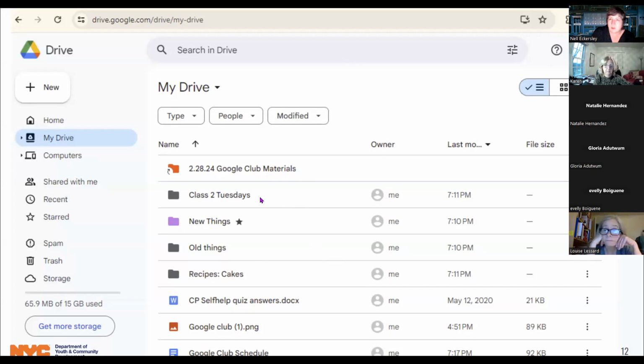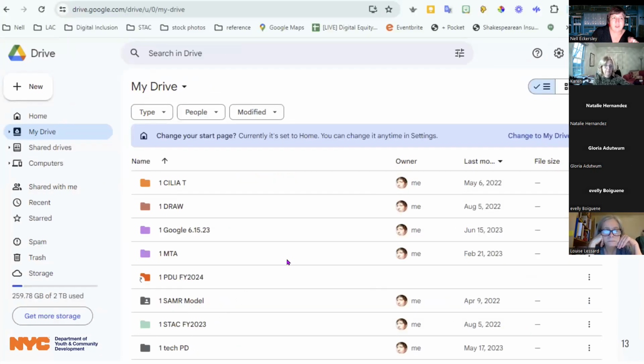So hold this one in your mind, and we're going to go to the next image, which is another Google Drive. It belongs to someone different. What are some differences you can see? And again, if you're on the slides, you can toggle back and forth. How much memory does this Google Drive have?